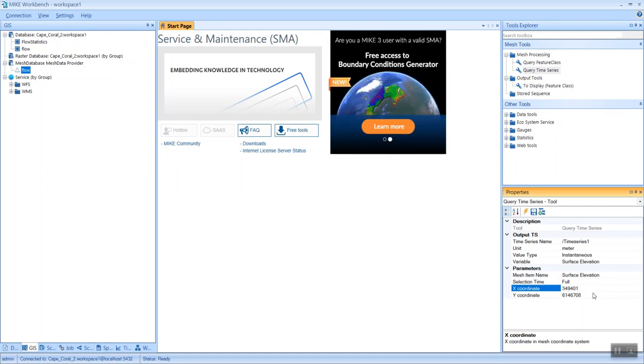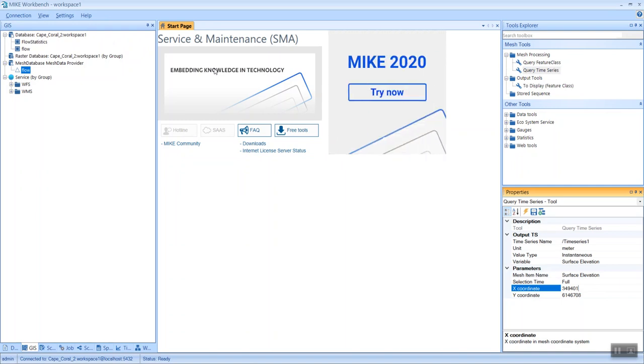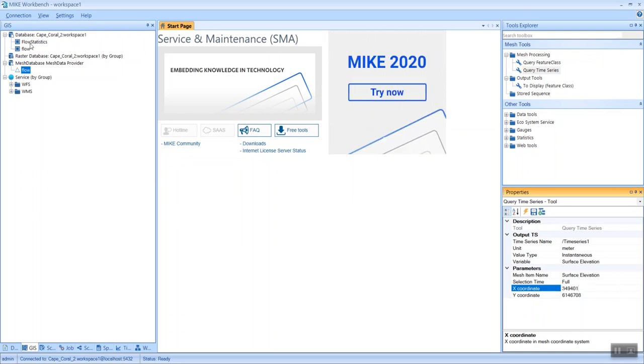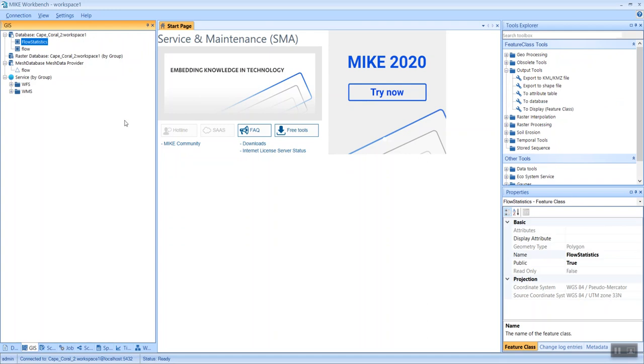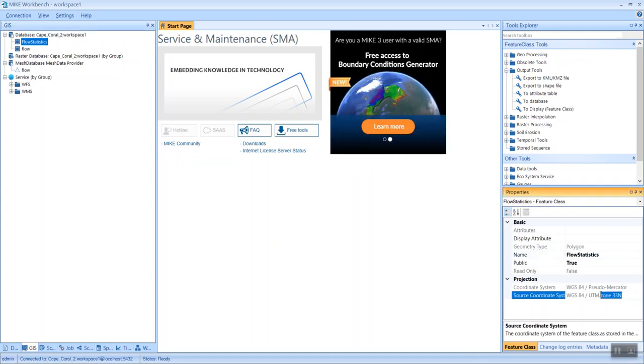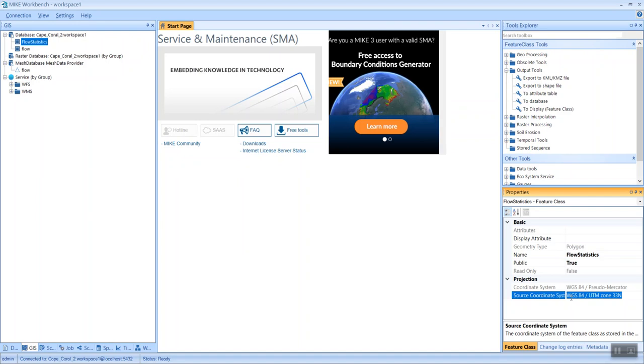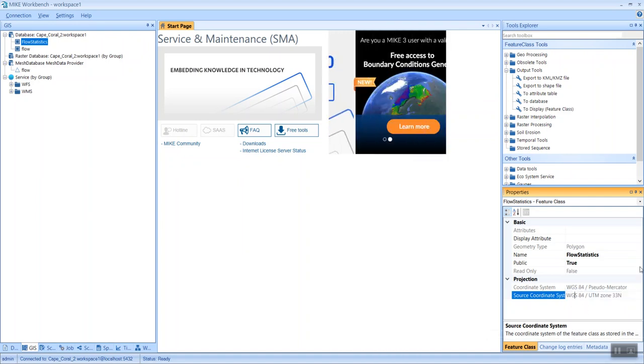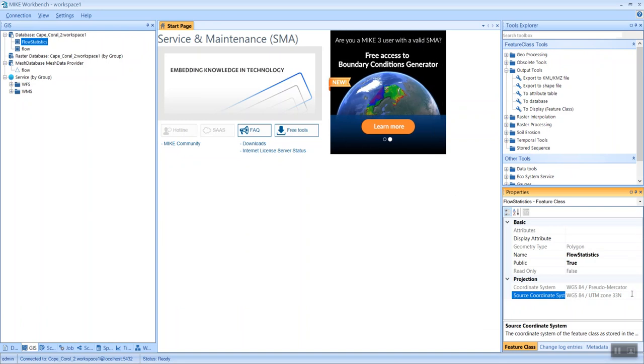So as it stands right now, and I am currently using MIKE Operations 2020 Update 1, you need to use this coordinate in the same coordinate system as the input file. Okay, so if I go here, you will see that this file here is in UTM zone 33 north. So the values need to be in this coordinate system. It can be a little bit cumbersome to find the right value, but I will give you a little bit of a hint to get this done.